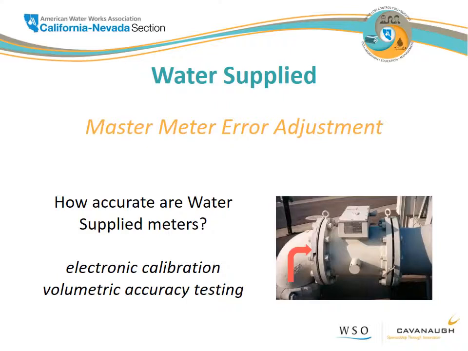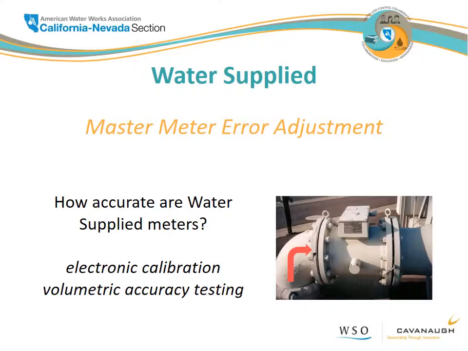There's a spot in the water audit software that acknowledges that not all master meters are perfect, and it allows for some correction. So we want to take full advantage of that correction. It does require some engagement with your understanding of meter accuracy. So if you have volumetric accuracy testing, what we can do is acknowledge that if our meter is under registering, for example, then we haven't accounted for all of the water